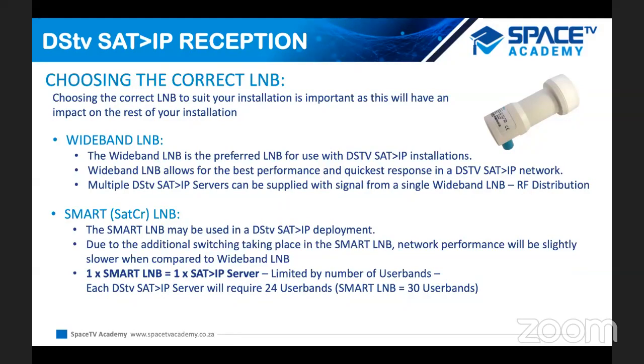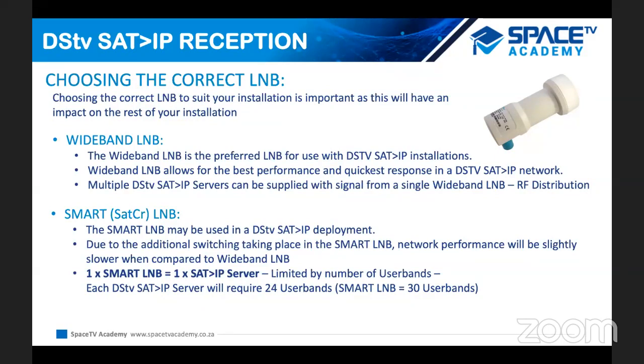In other words, you cannot feed more than one server from a smart LNB, and this is due to the user band limitations. Your smart LNBs have 30 user bands shared across the outputs, depending on which model you use, and each SATIP server will require 24 user bands. So you will notice that you have 6 user bands unused, which is not sufficient to power or to supply signal to a second